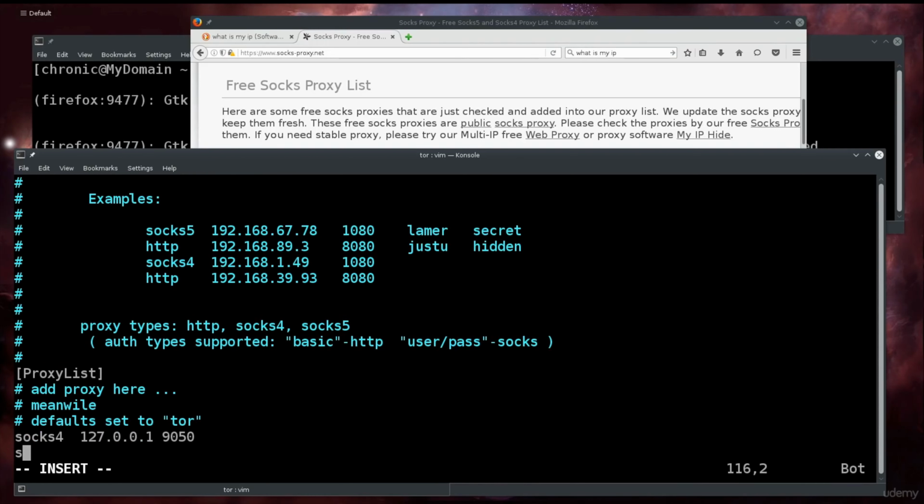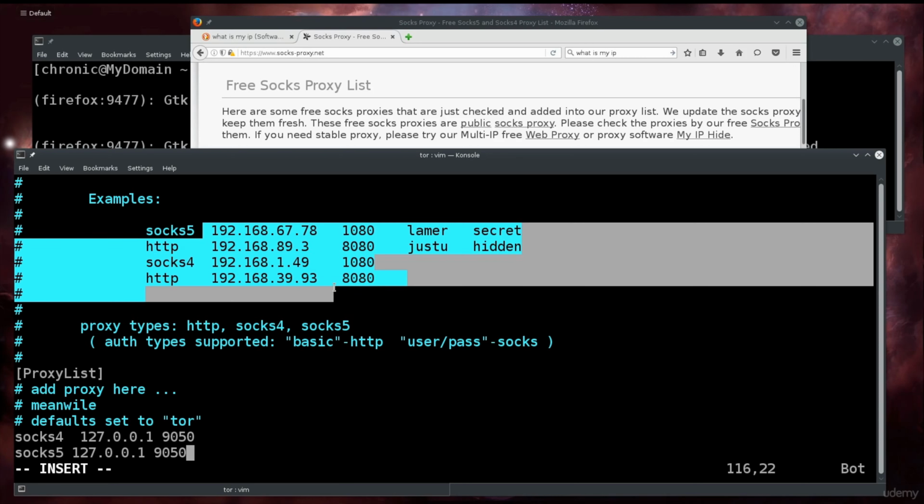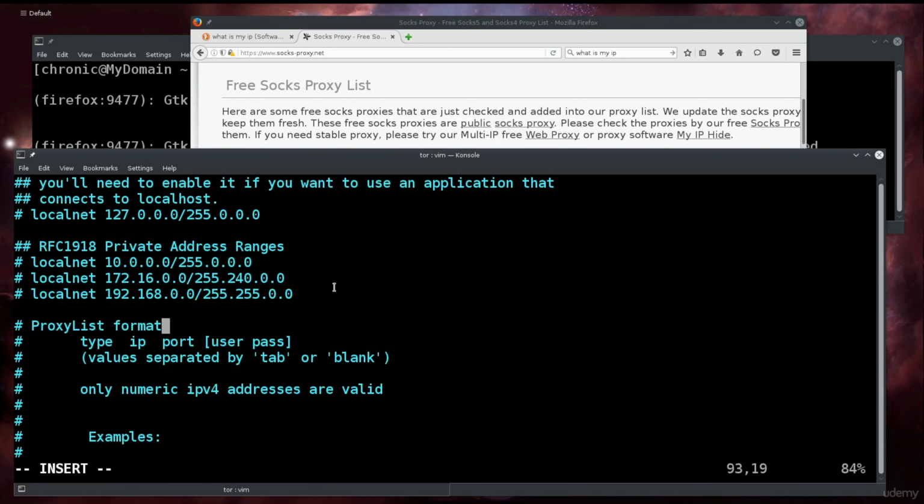And now I'm gonna go ahead and type in SOCKS 5 127.0.0.1 9050. Okay, just so you know, if you don't type in any of the proxy lists, any proxies like they are typed in this example here,